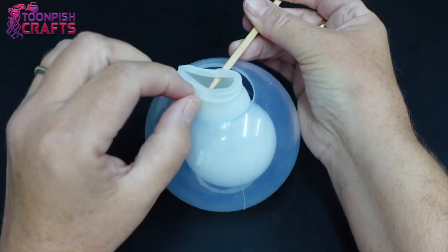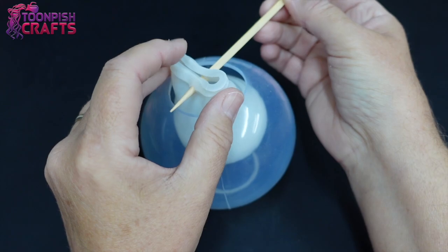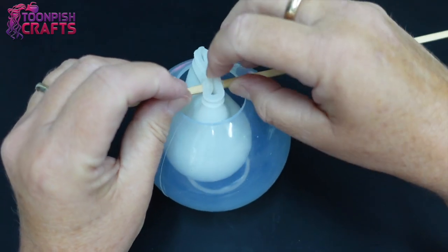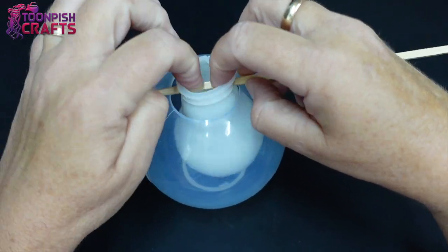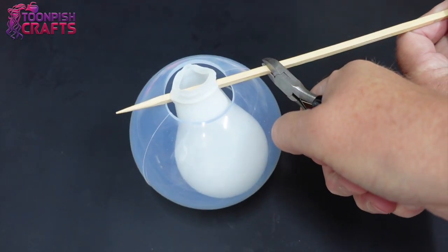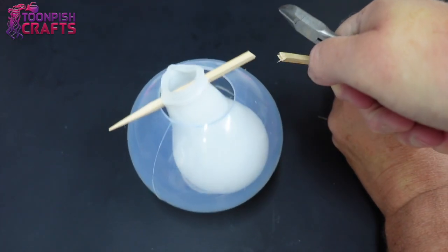Artsymadwoman's video. Now that I've made these snow globes, I know that this type of mould is not the best type to use and it's not a mould I would recommend. A solid sphere mould with solid sides that is not going to bend under weight would have been much better. But this is the mould I bought, so this is the mould I'm going to use. And when I've made sure that the skewer isn't too long,